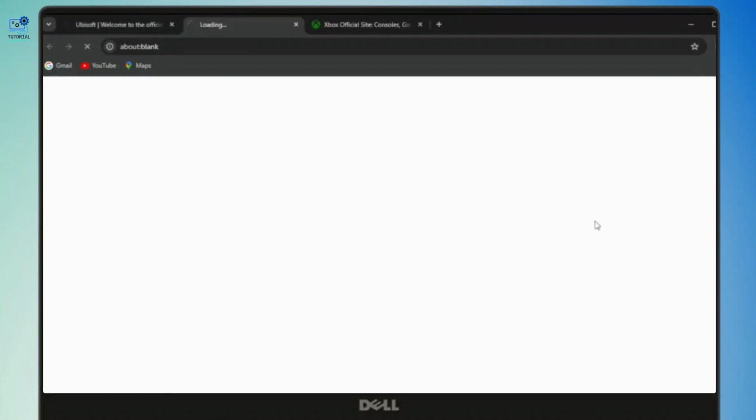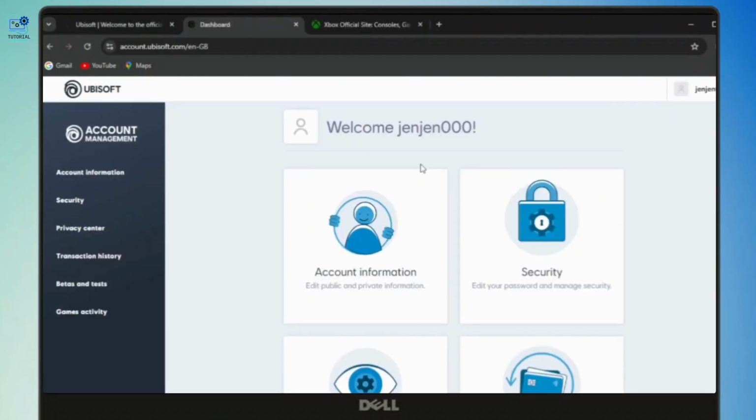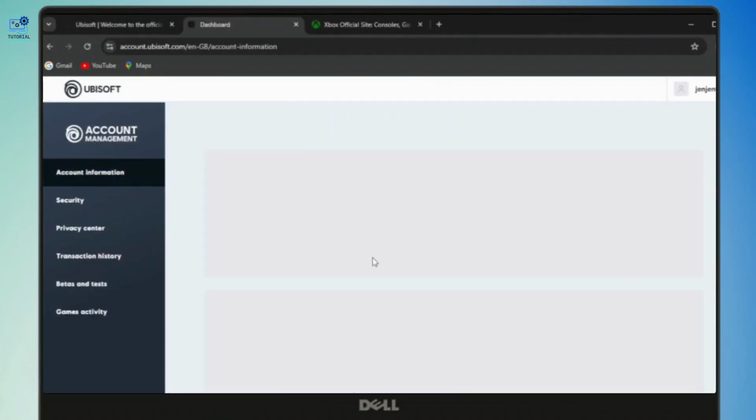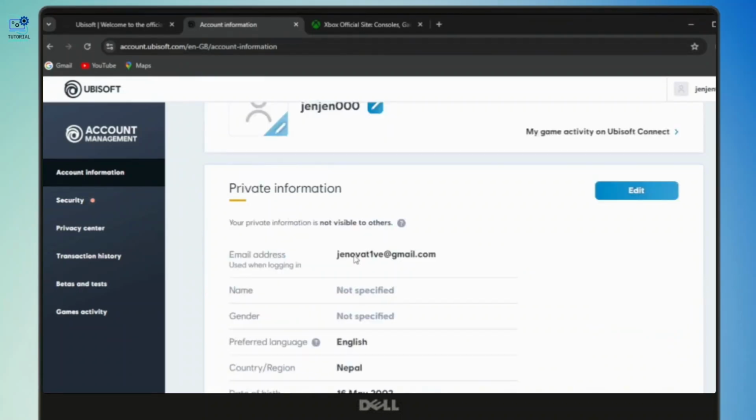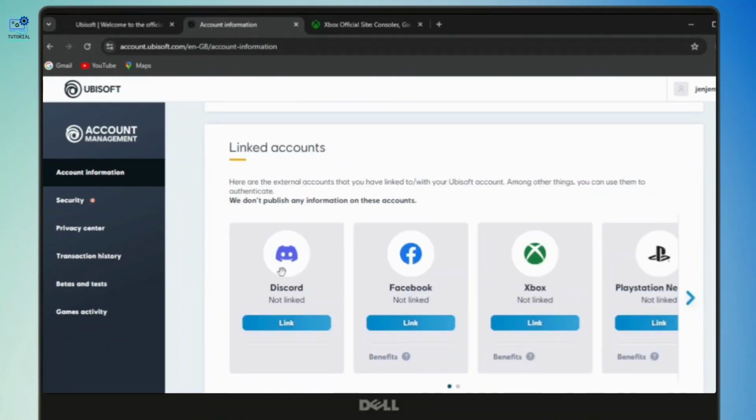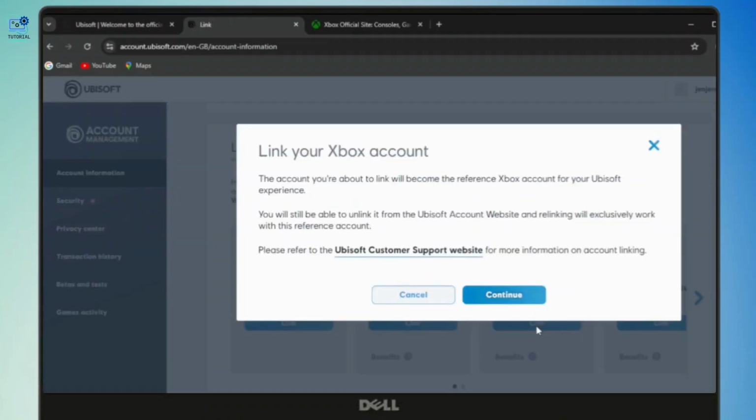So then what you need to do is go to the account management of Ubisoft, and here you can see the account information section. What you need to do is scroll down a bit, and then you'll see the list of options where you can link your account. Since we're gonna link it on Xbox, just tap on Xbox and tap on the link